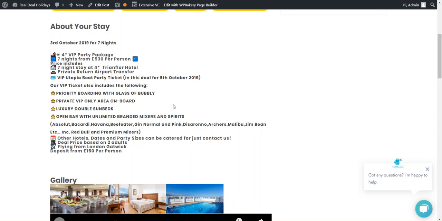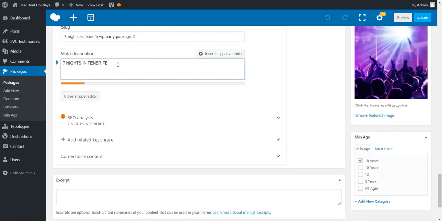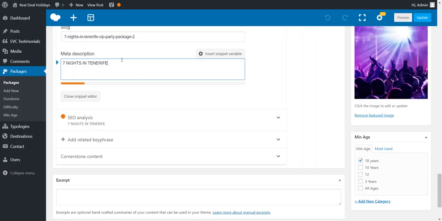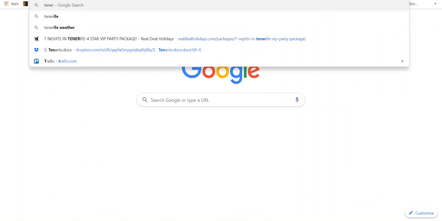Basically, this is a package. That's a prime example. That's going to do nothing for SEO. You can't use any of this. It just won't work. So in this instance, if that's all you've got to go by, I'd have to type in Tenerife into Google,